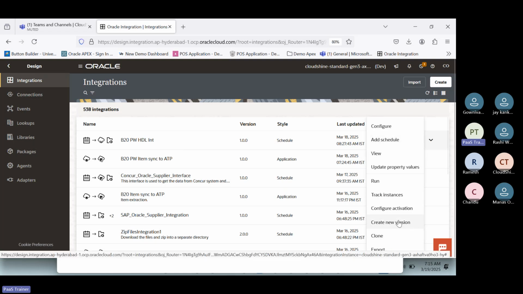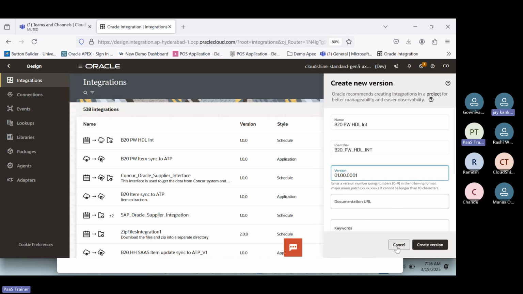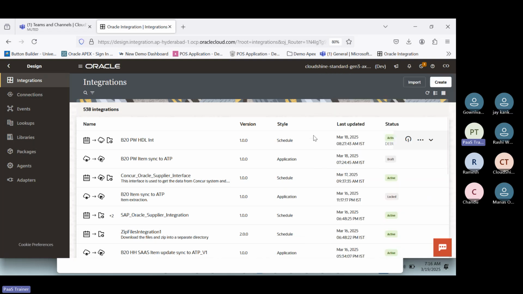So we can come here and create a new version. What will happen is this will also be in the active status, and we can create this also. If you see, this is a new one. So we can create it in that way, and we will have both the codes. In that case, there is a possibility that the customer can come after 2 or 3 months and say whatever the old one was, that was working fine, please use that only. For that reason we can use create version,